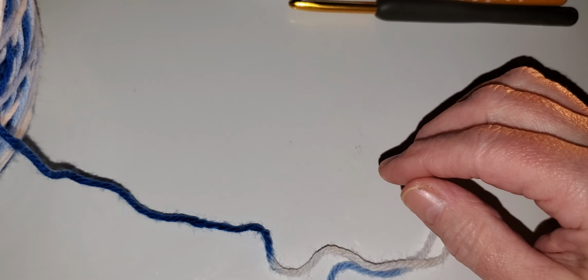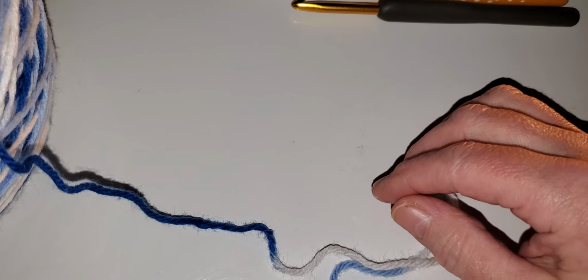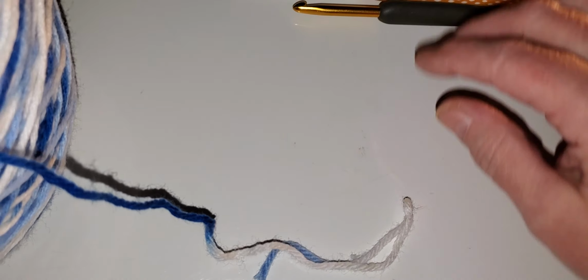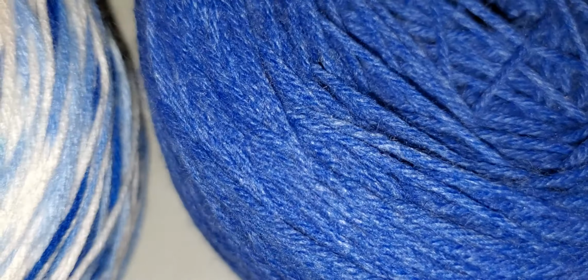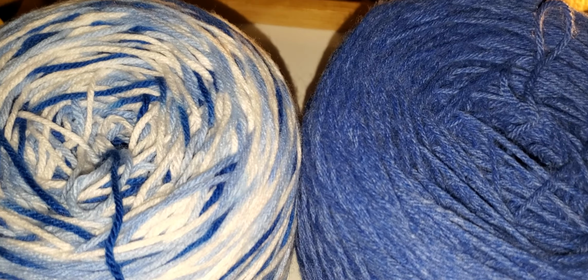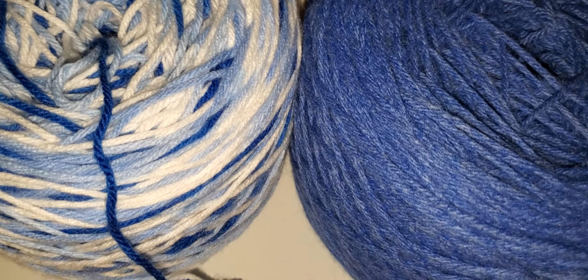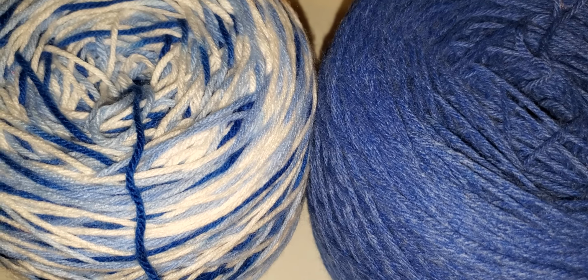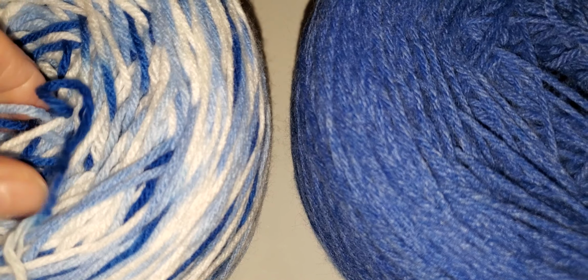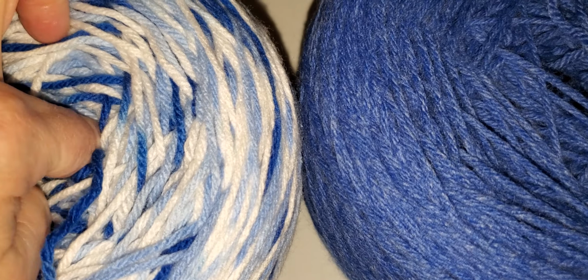I do love this yarn. This is the Bundle of Love from Lion Brand. I am going to use these 2 cakes, which I think will go really good together in a baby blanket pattern. Now, whether I do my cobblestone pattern in that, who knows, but I'm going to use those 2 cakes in a blanket pattern. So, I hope you like the review,